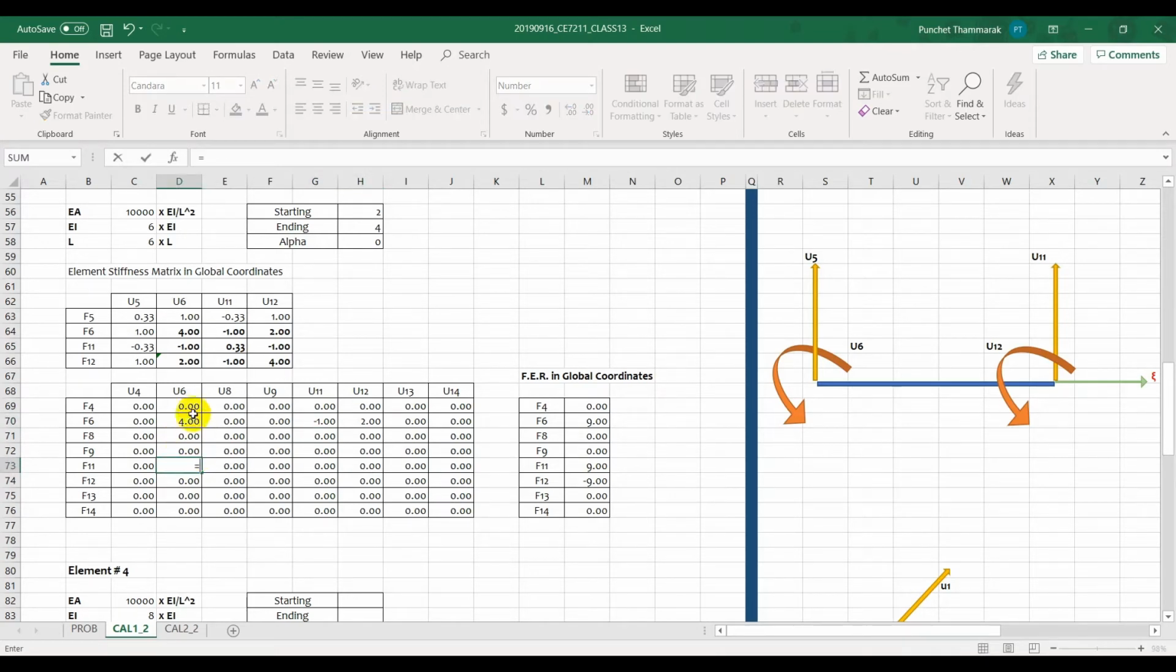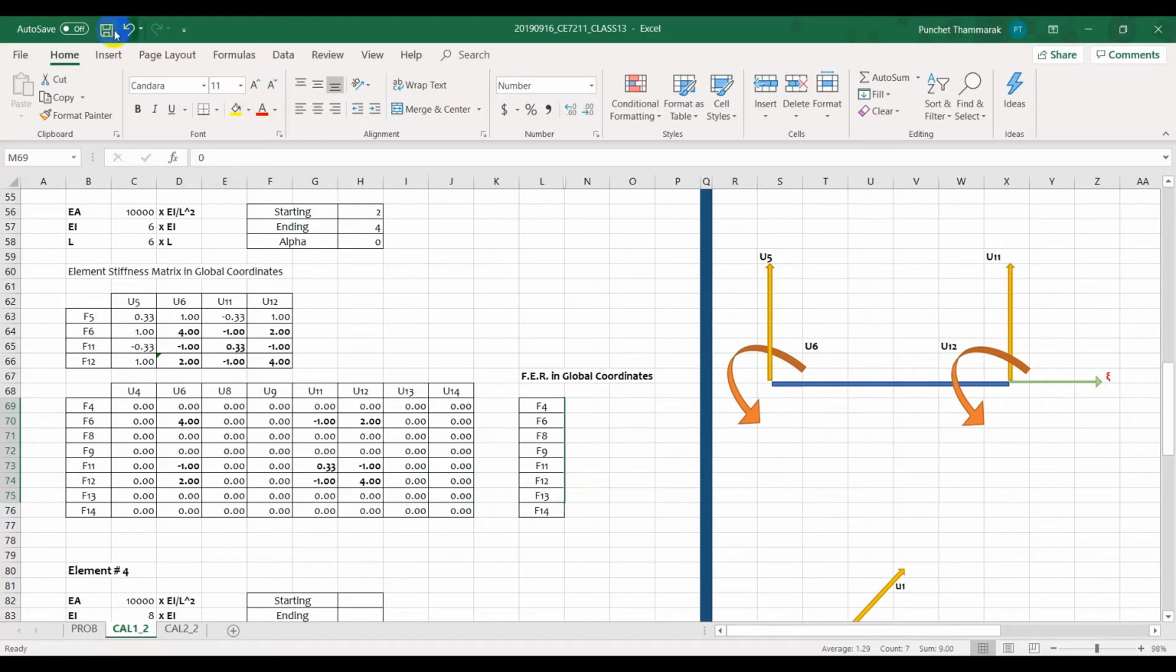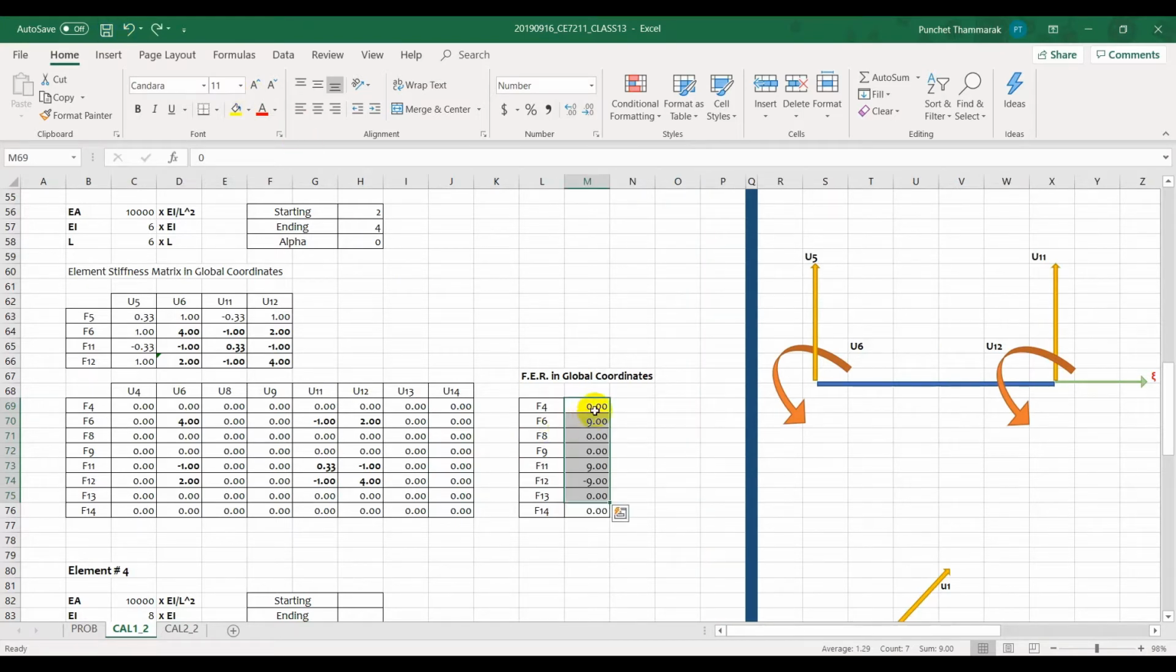F11 and F12, and this. Okay, now you see all... oops, what happened? Okay,